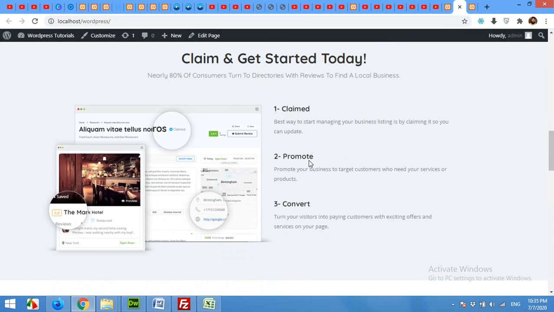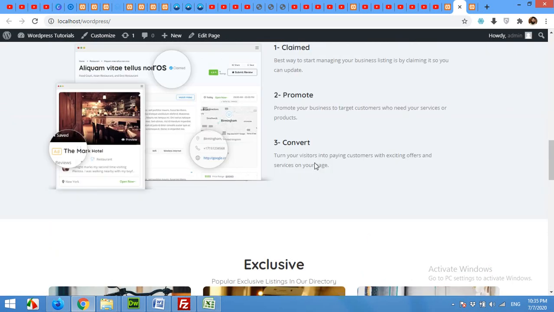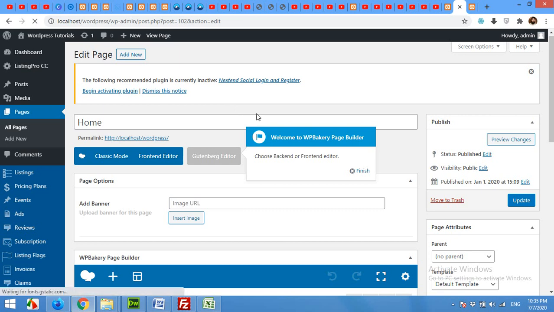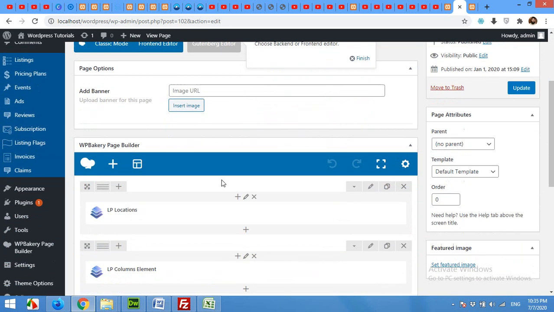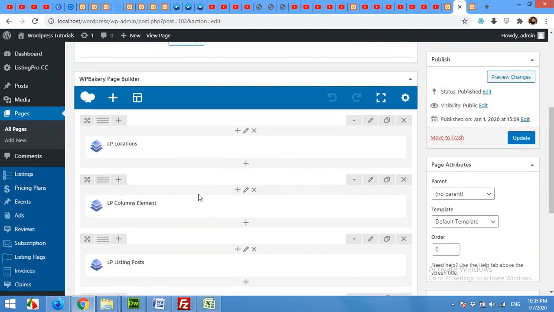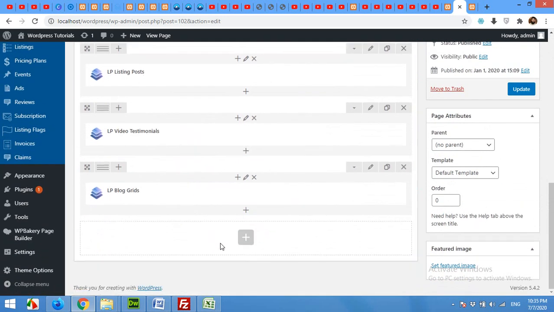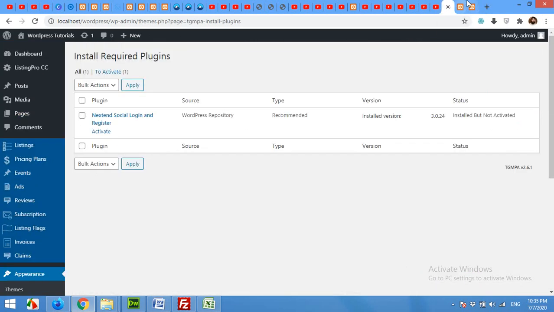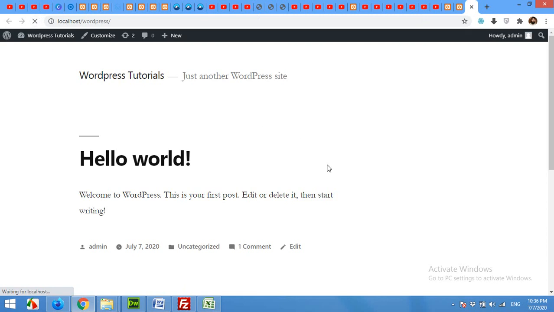Now this is the demo site, and this is how you can edit this page. You can just click on Edit Page if you are logged in as an administrator. After opening the edit page, you can come to classic mode or front end editor, but by default it opens in the WP Bakery editor, where you can change the contents of the page easily by clicking each of these sections. So for example, we are changing the slider or the below slider section.